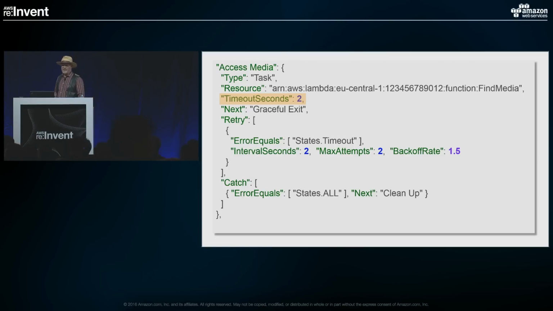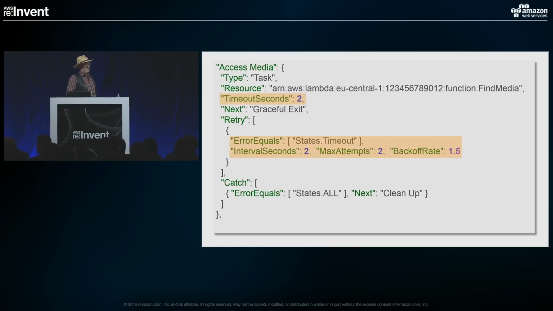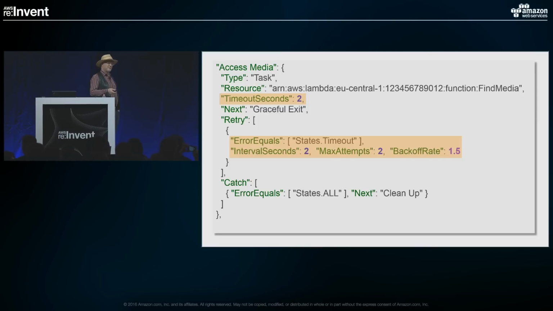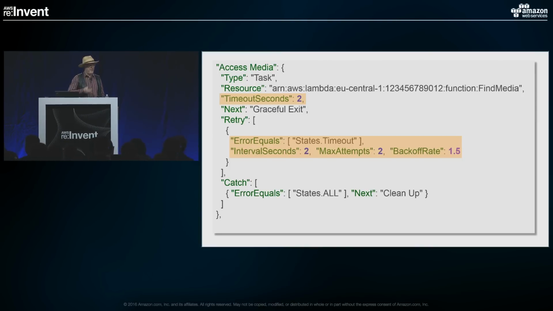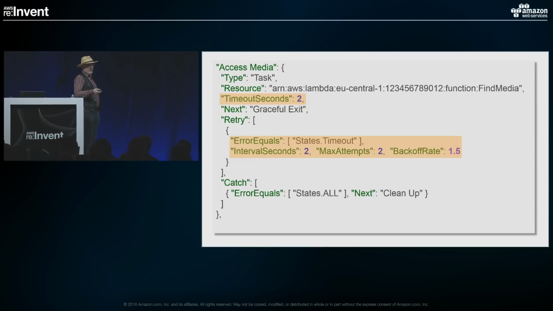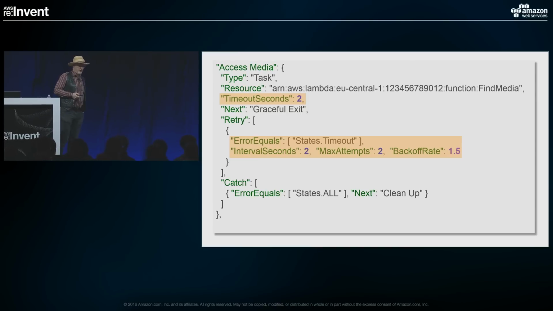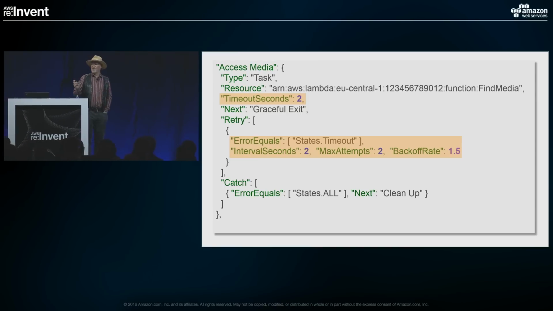OK? And if that happens, that error code would be caught by this retry clause. Now, I've already shown you one retry clause, but it was kind of dumb. It just said, keep going, give it 10 times. This retry clause here is quite a bit more sophisticated. It says not only how many times you can retry, but how long you wait and how much you increase the backoff by